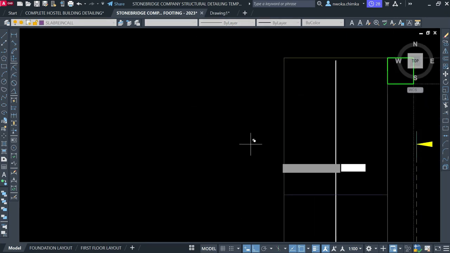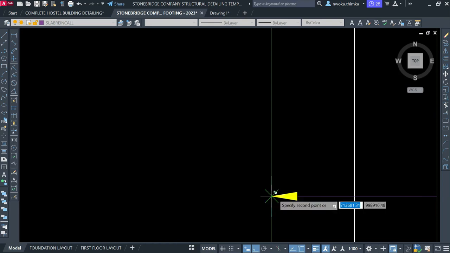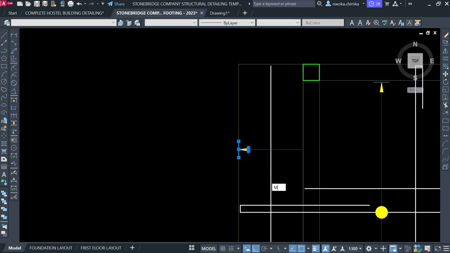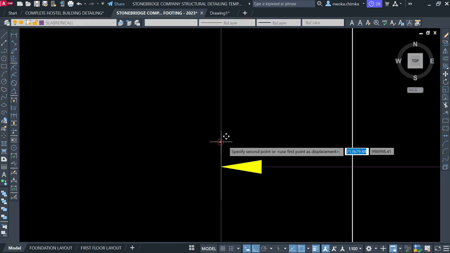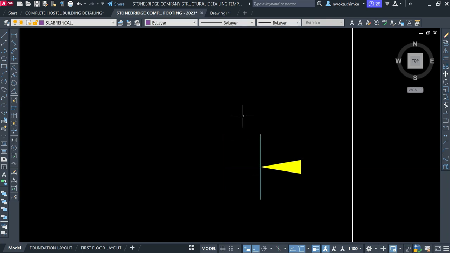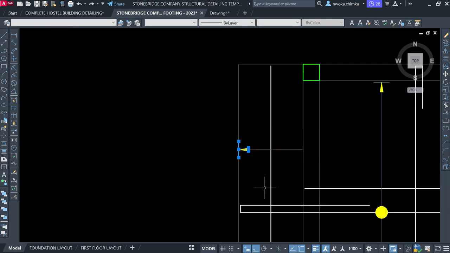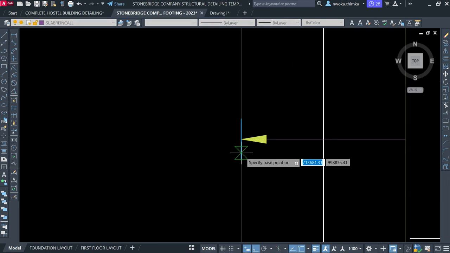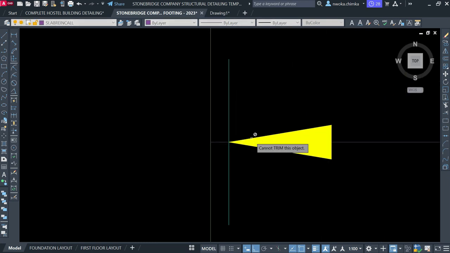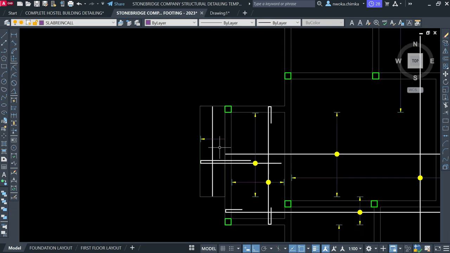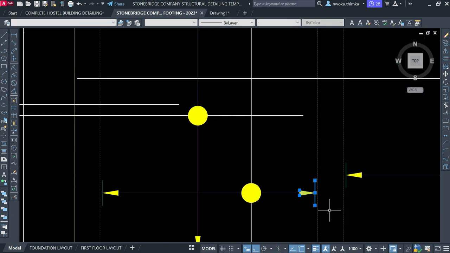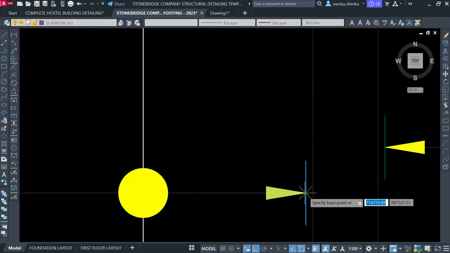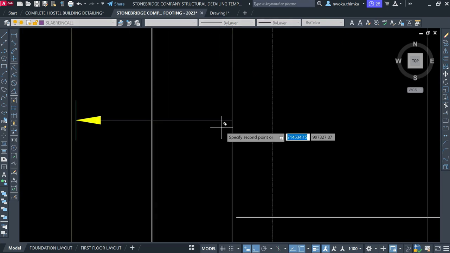Okay, copy from here. Okay, that's fine. Now go and paste it here, okay, and then move it by 25, which is the cover, to show the cover of reinforcement. Sorry, that's undo. Okay, come here, enter, and type 25, 25, that's fine, enter, and TR to trim it off, and then that's fine. And then come again for this other direction also, and then copy this, C or CP can work,